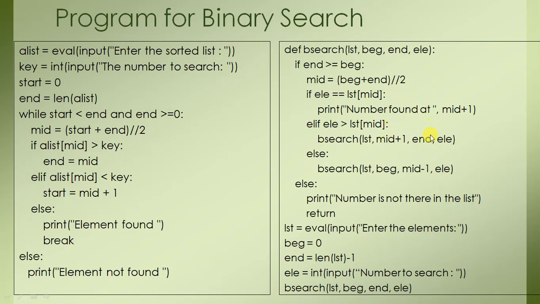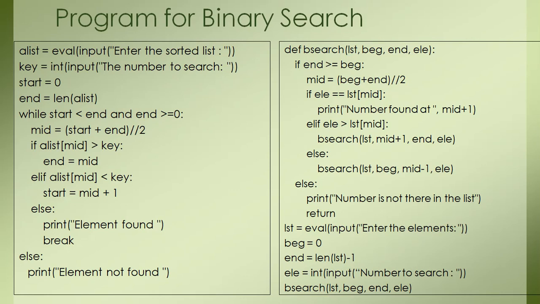Why is it done using this recursive approach? Because we are doing the same thing, breaking that array into half again and again. So the problem of searching in a large array can be broken into searching in smaller arrays or smaller lists. This problem of searching in a large list is being broken into a problem of searching that element in a smaller array. That's why this binary search can be done using the recursive approach.